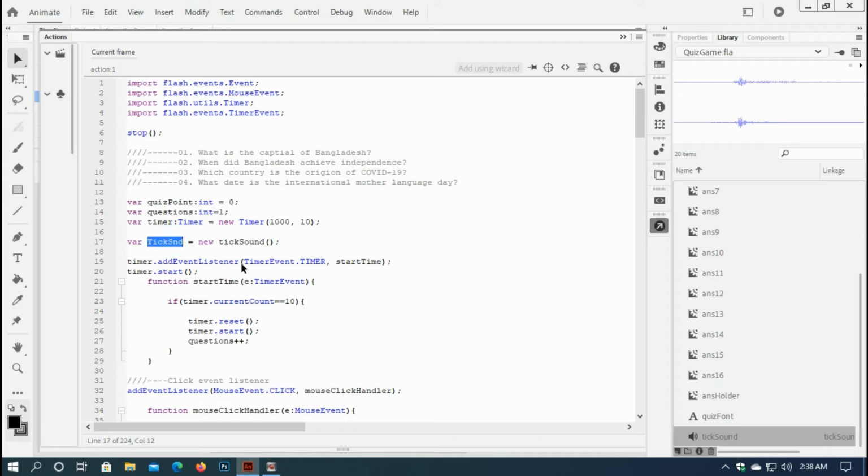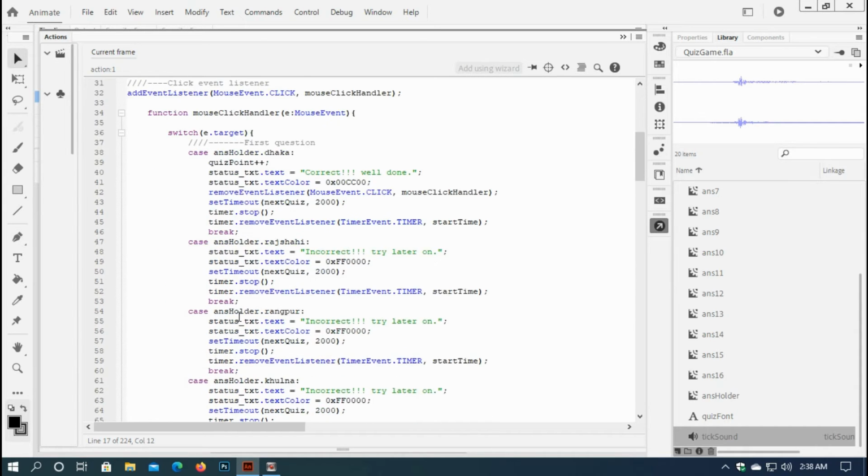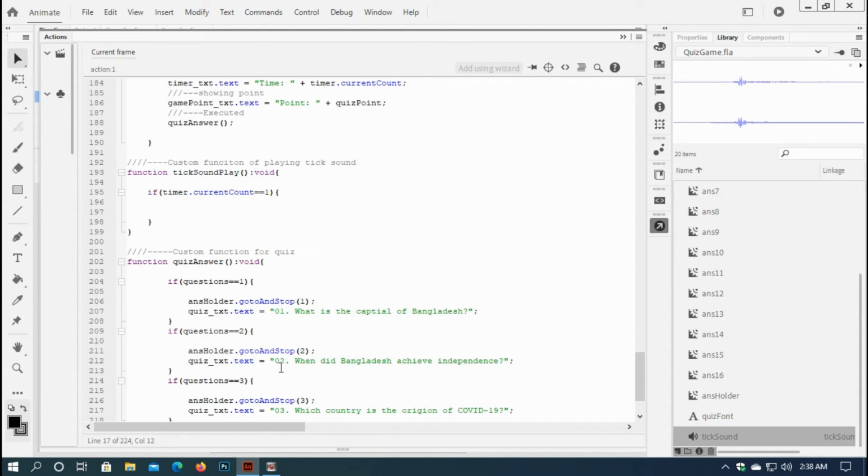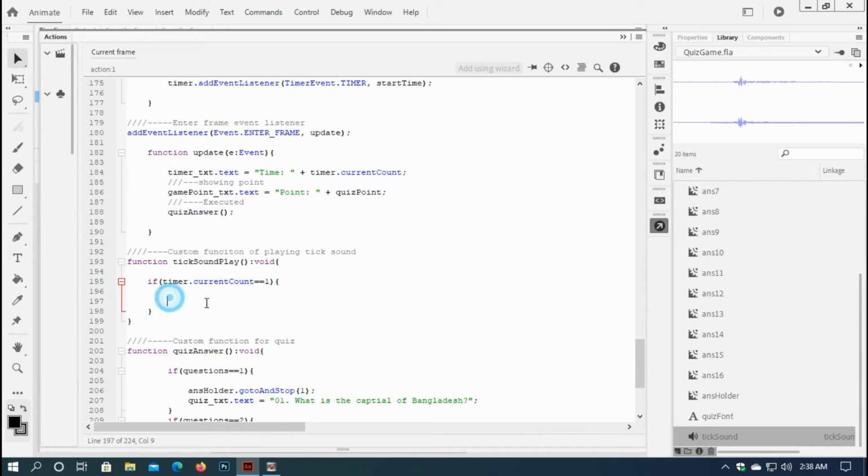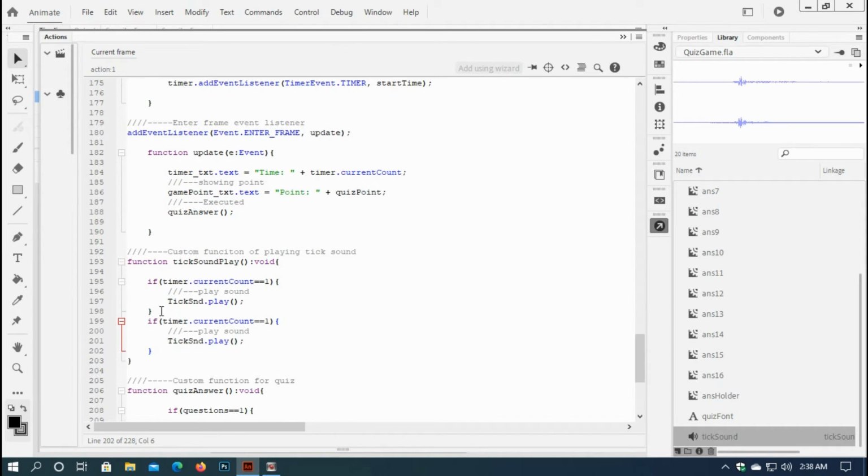And now just copy this tick snd, and here when timer dot current count equal to 1, then tick snd dot play. Just comment it here, play sound, and then copy it, paste it